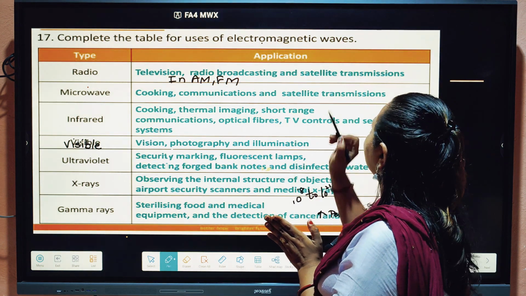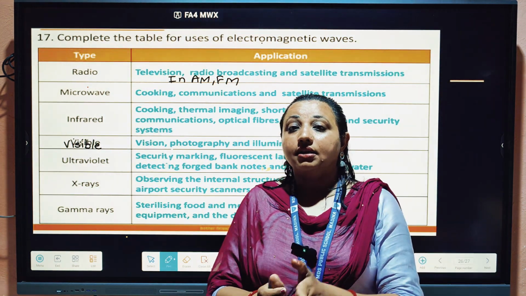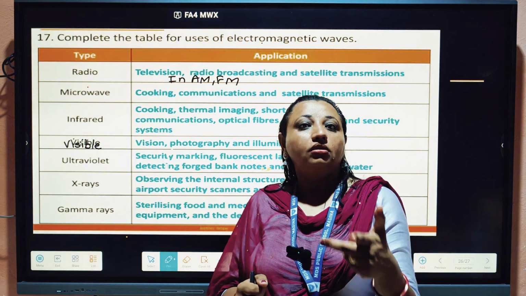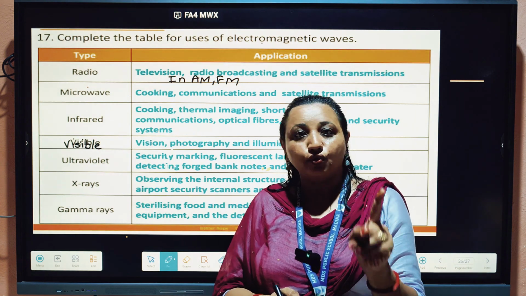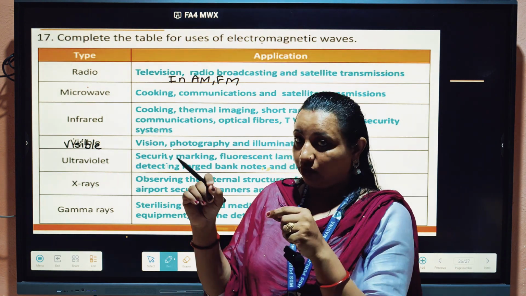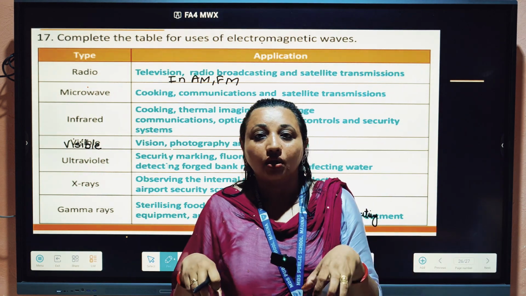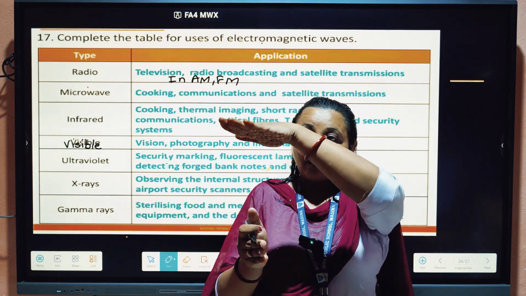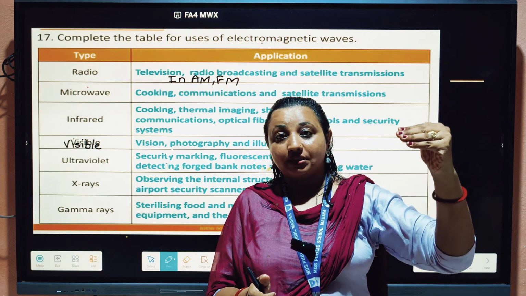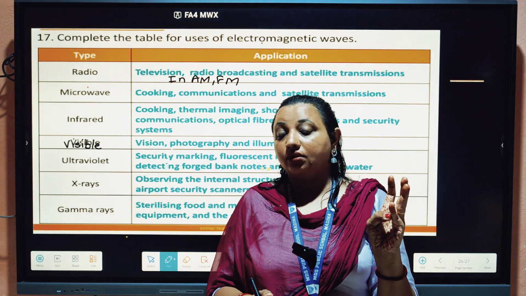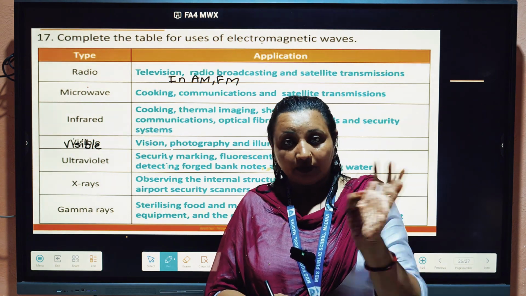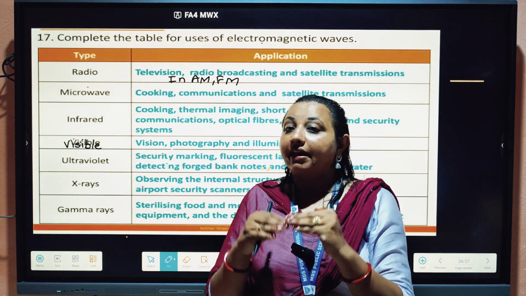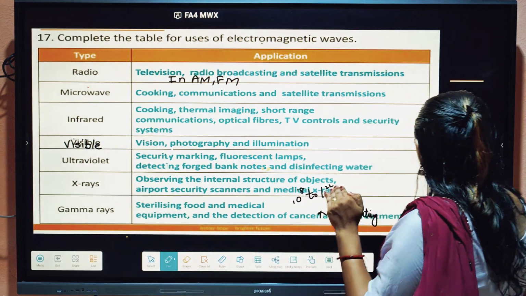It is written as satellite transmission. But when the question is asked which type of waves are used in satellite transmission or satellite communication, and both options are given, radio waves and microwaves, you have to choose only one. Which one do you choose? You choose microwaves, because as I told you, radio waves have less frequency. Our atmosphere has the troposphere, stratosphere, mesosphere, and the ionosphere, whose part is the exosphere, the outermost part.